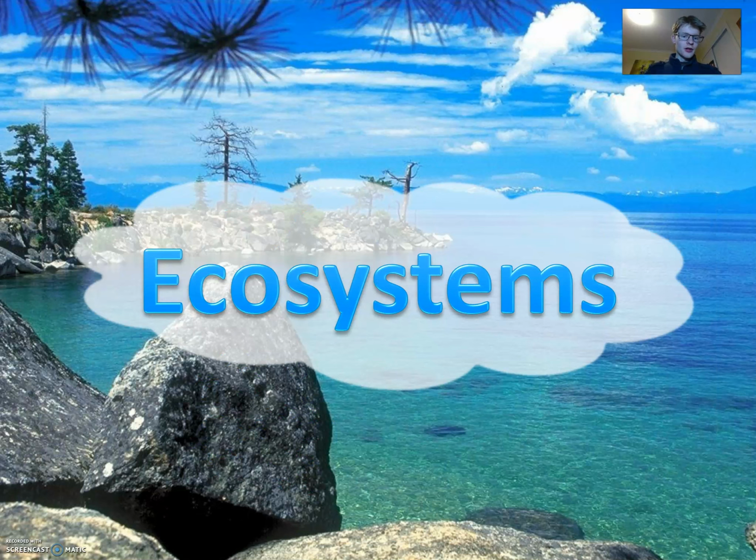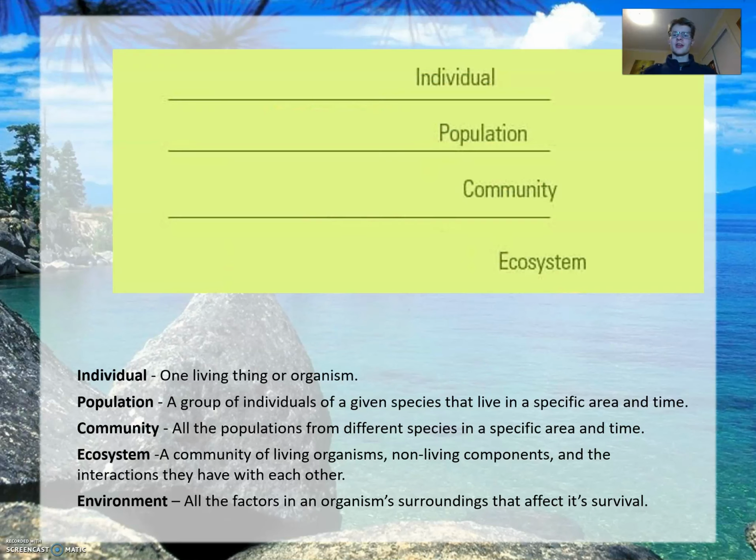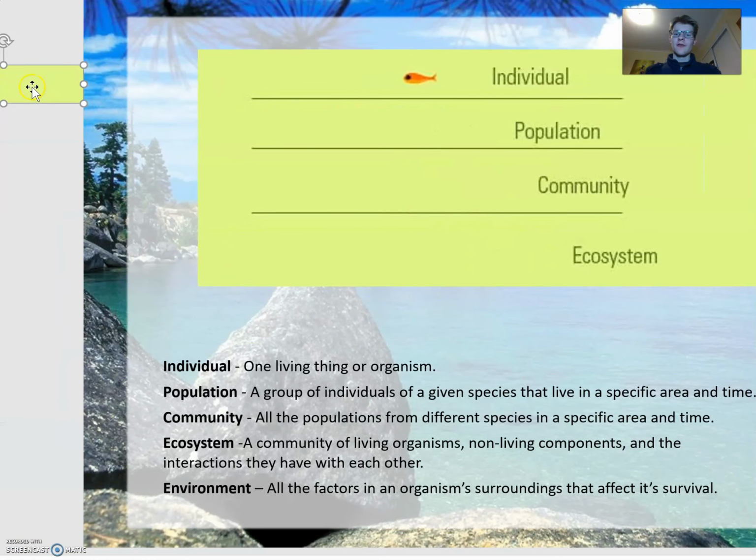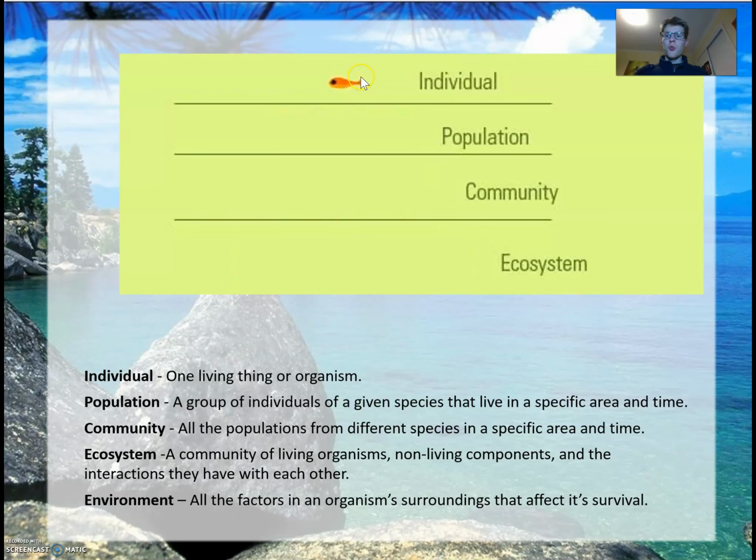Now, the last term that we're going to look at is ecosystems. Ecosystems is a very complicated term, but in a sense it isn't really, because you just need to understand some other smaller terms before you understand what ecosystems are. Before you understand what an ecosystem is, you need to know what an individual is, a population is, and a community is. An individual represents just one animal in a given area. All right, so one single animal, one single fish, or one single bug, that's an individual.